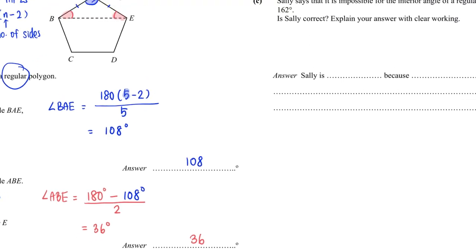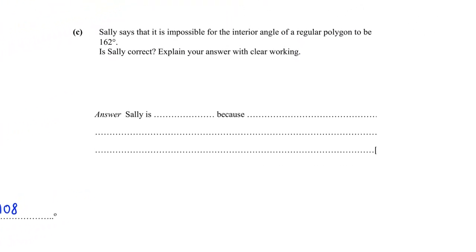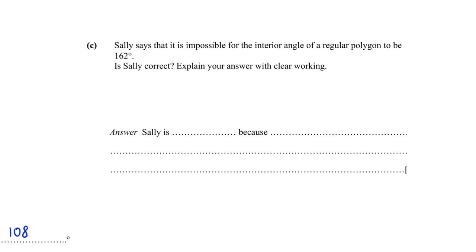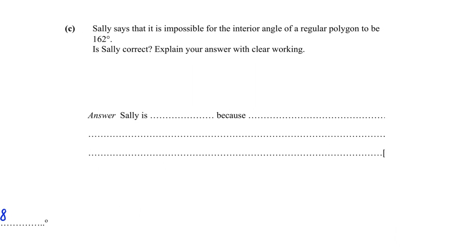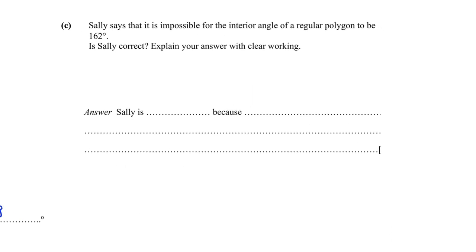Next question. Sally says that it is impossible for the interior angle of a regular polygon to be 162. Is she correct? Well, let's try. If the interior angle is 162 degrees, tapping on our knowledge that exterior angle plus interior angle is 180 degrees,